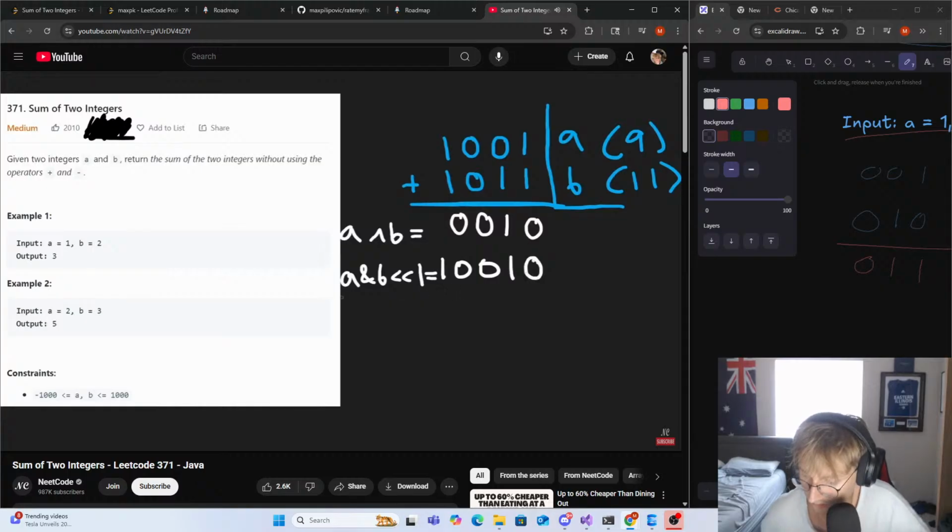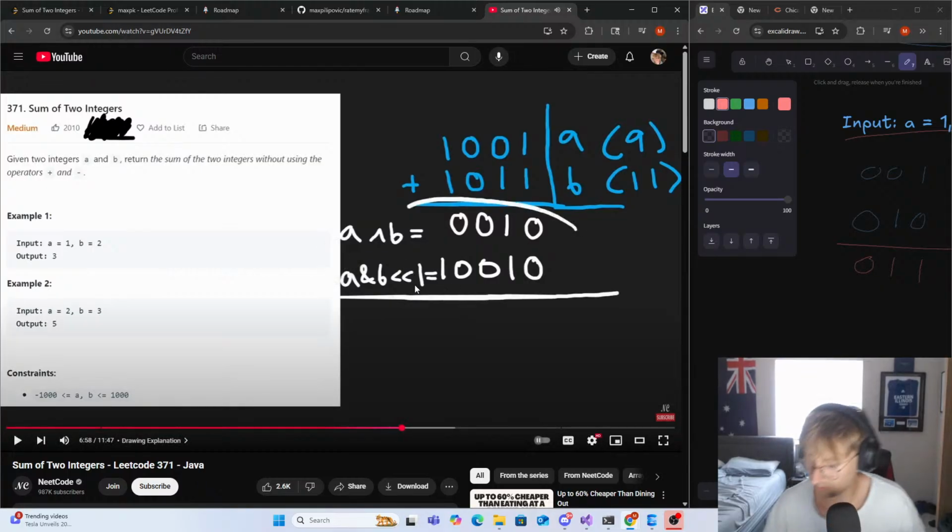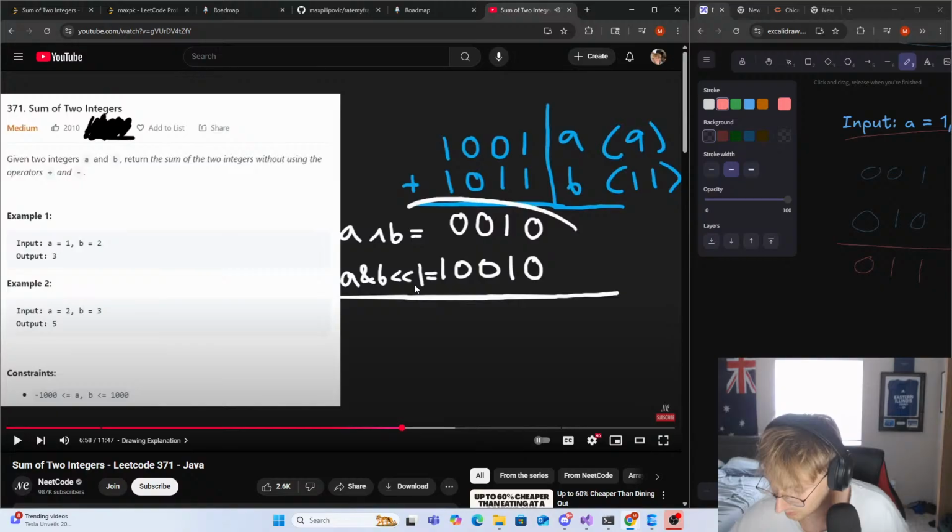So now we want to take these two numbers